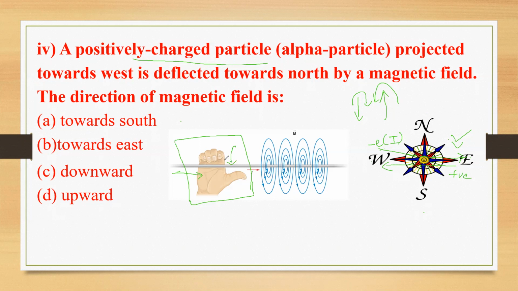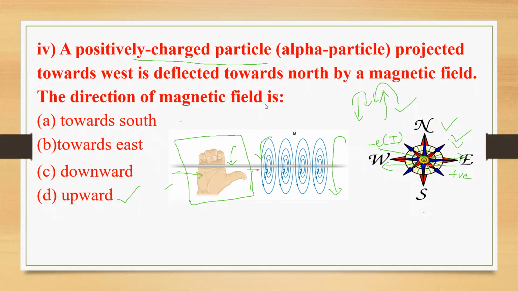Due to this, the direction of magnetic field, you can see, this is the direction of magnetic field. It is coming out of the plane. Magnetic field direction is moving in the upward direction. Understood? From the right hand thumb rule, with the help of the right hand thumb rule and the direction of the current, if you know the directions, we can easily answer this type of questions.